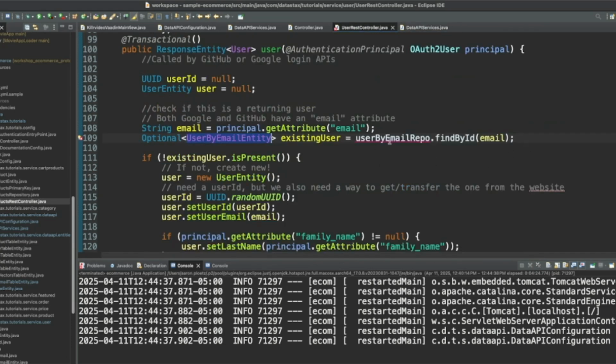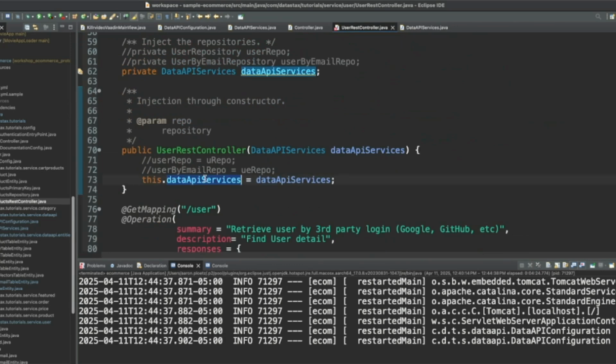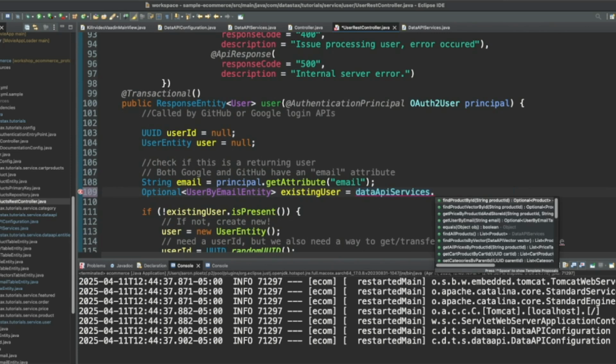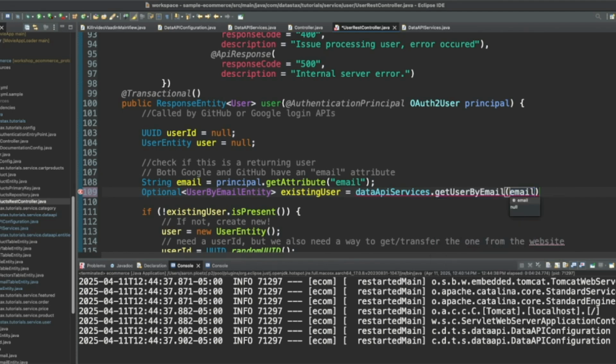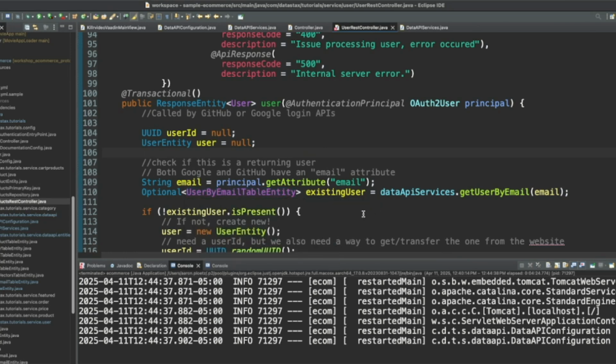Okay, so now I can go back to here and say data API services, get user by email. There. And of course, this returns the wrong type of entity. Let's make sure we pull that in. Okay, so we got around that one. Excellent.